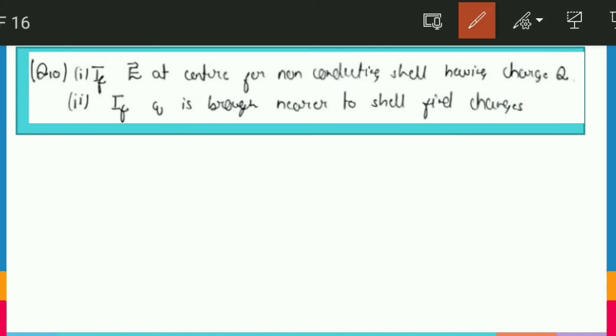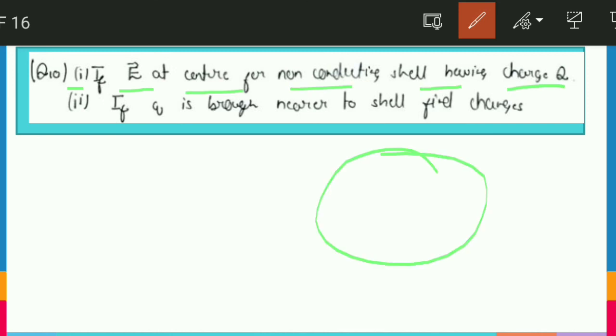Yes friends, let's see this question, a little bit interesting. We have to find, first thing, the electric field at the center of a non-conducting shell having charge q. So this is our non-conducting shell and it has total charge q. So at the center,